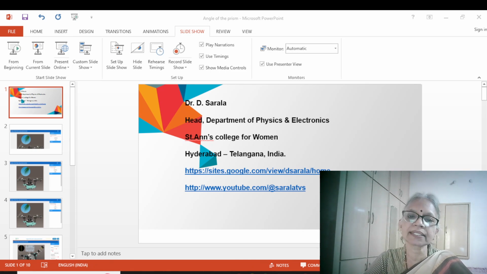For each angle it is 3 into 60, 180 degrees totally. So what we do is, we calculate the angle between the two reflecting surfaces, which is 2 times the angle theta, let us say. Then the correct angle would then be given by 2 theta by 2, that is the angle of the prism. So let us first understand what we are doing, then I will show you the simulation of how to do the experiment.